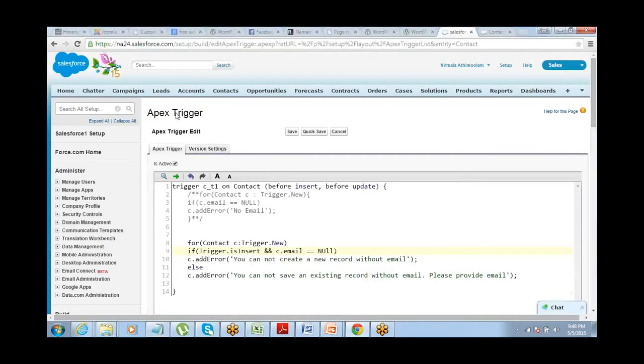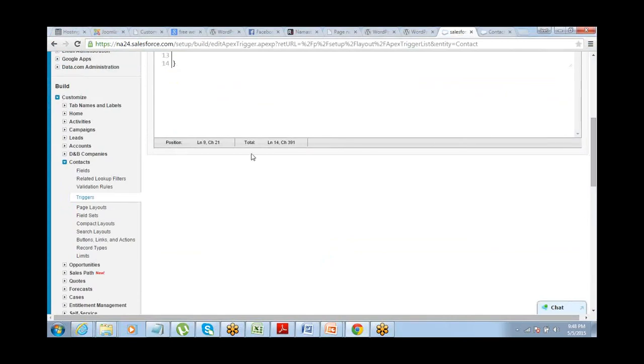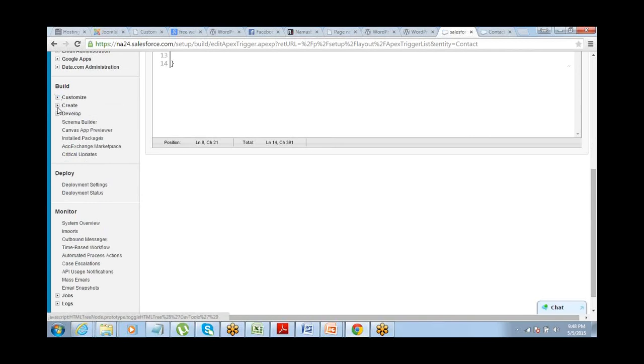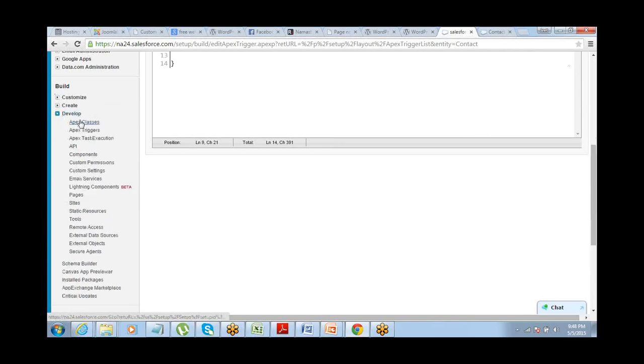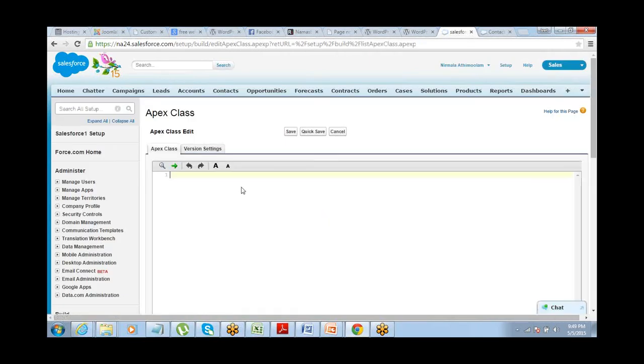So let's do it using the second approach. First of all, let's go ahead and start writing a class. So go to setup, develop, Apex classes. New class.